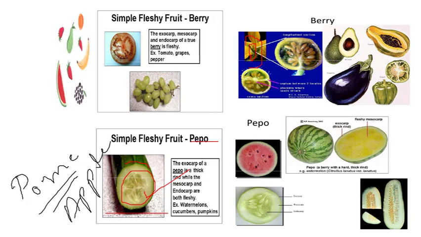Here we have another type of simple fleshy fruit or succulent fruit, that is pome. Here we have a pome, and the example of pome is simply an apple. So in this fruit,